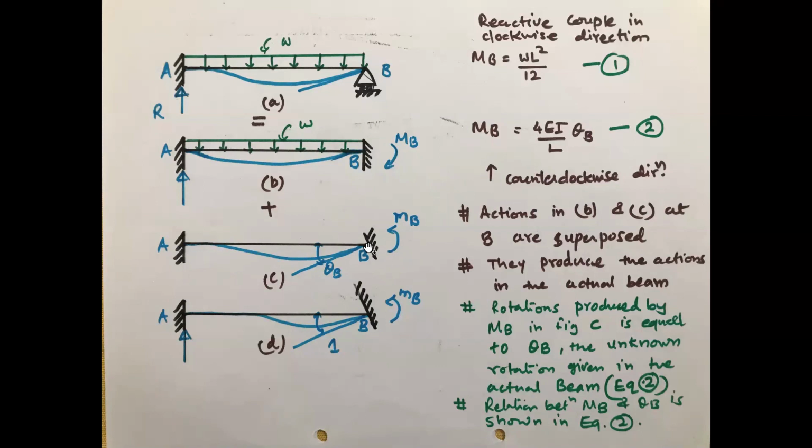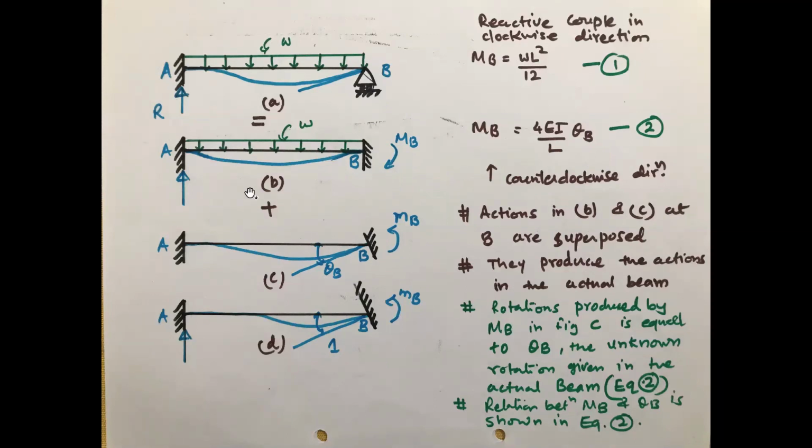So you know for the near end, the relation between moment and rotation is MB equal to 4EI by L into theta B. This is a well-known equation; both equations are known to us. Now, this is in the counterclockwise direction. In that table also you can see the directions shown, clockwise and counterclockwise, so you simply have to refer to the table for the directions. Actually, this is in the anti-clockwise direction. Whether anti-clockwise is positive or negative, we will see afterwards.